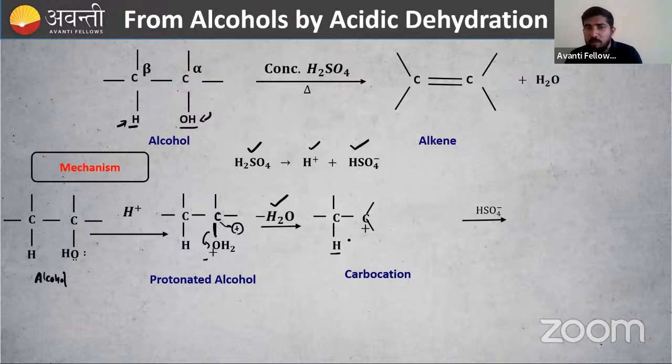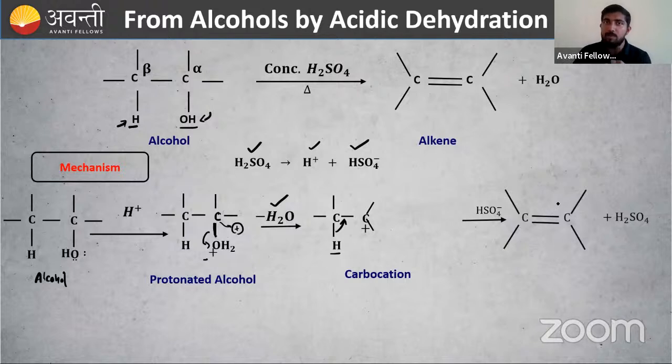Okay, so HSO4 minus, it will take one H plus. Then this carbon-hydrogen bond, hydrogen is ready to leave, giving all the electrons to this carbon. And it is going with our HSO4 minus. So what will be formed? H2SO4 will be formed here. Then what about this one? A double bond is formed here. So double bond means alkene is formed here. So alkene plus H2SO4. So in the examination, what you have to do? You have hydrogen, you have OH, remove that. So you will get the product, you will get our alkene.